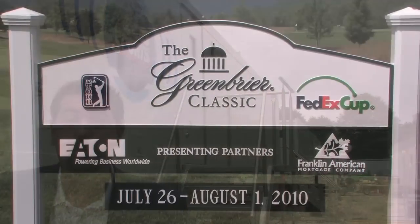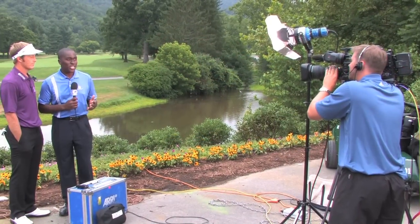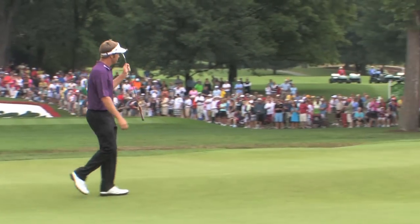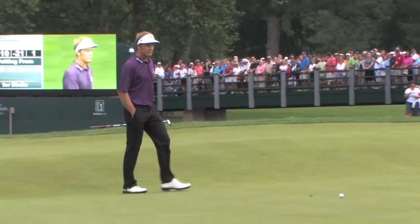The inaugural Greenbrier Classic took place July 26th through August 1st here at the Greenbrier. It was televised live by the Golf Channel and CBS Sports. But if you've ever wondered what it's like to produce and televise such an event of this magnitude, well, we've got the answers for you. CBS Sports has granted us exclusive behind-the-scenes access, but before we go there, it's time to talk to the man